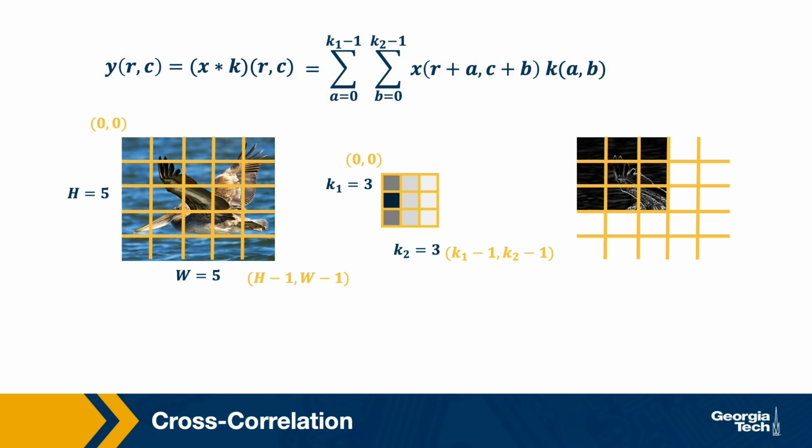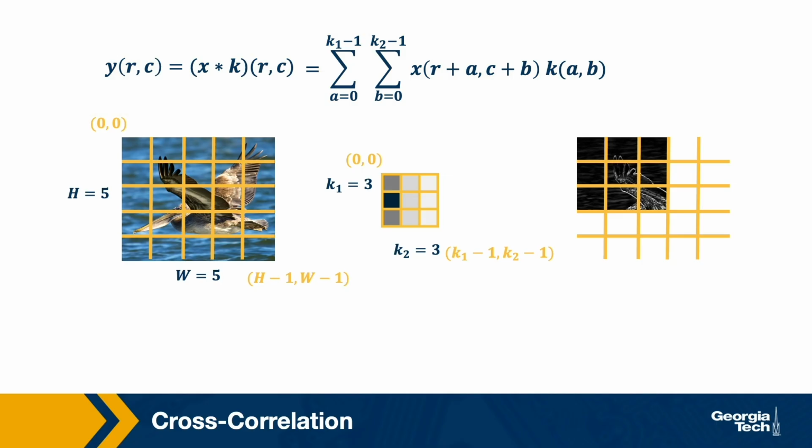So specifically for the image, we have the coordinate system be 0, 0 on the upper left and h minus 1, comma w minus 1 on the lower right. And the same thing for the kernel. And so if you go through the math of this, essentially all you're doing is taking that kernel, which is now the flipped kernel from the convolution, and we're applying it at each location in the image, dot producting that kernel,